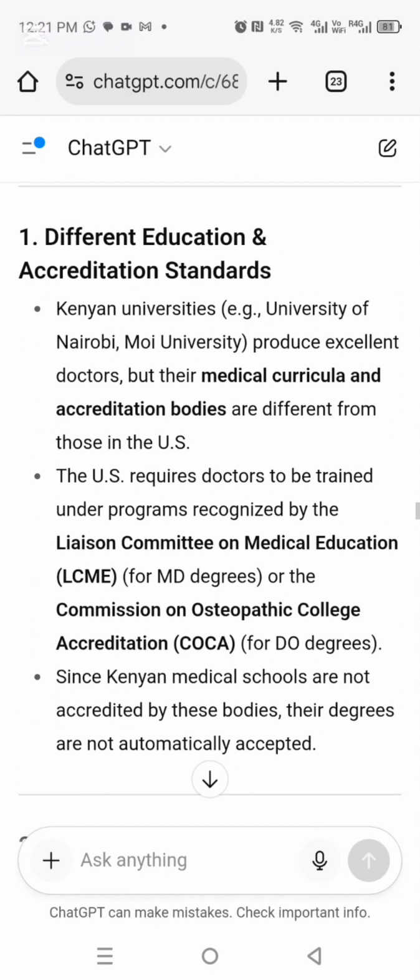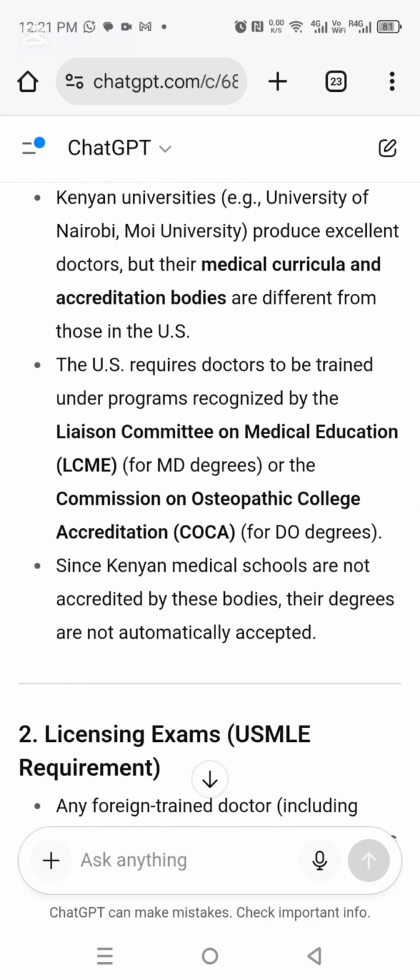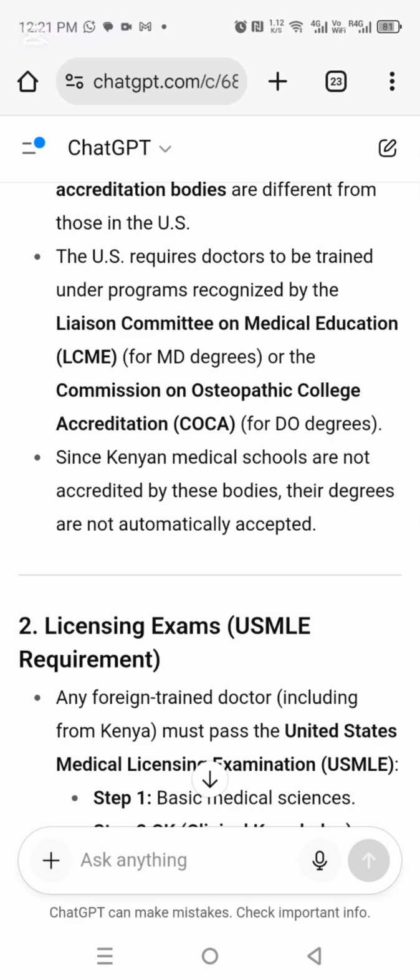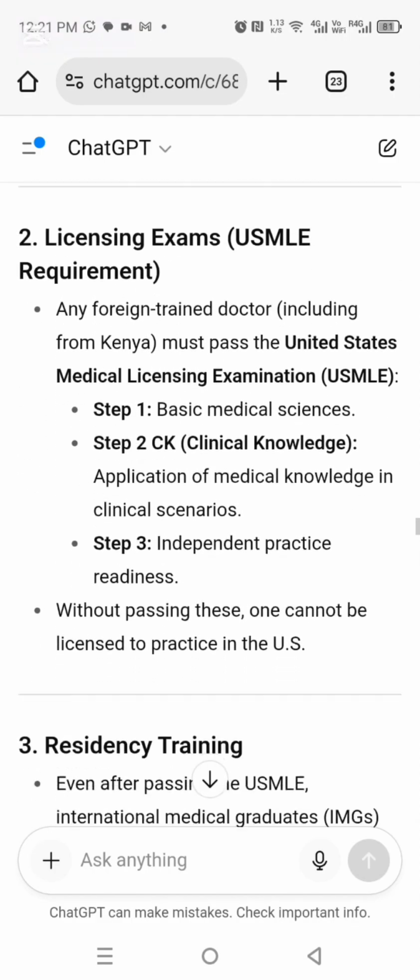So there's different education and accreditation standards. Kenya universities produce excellent doctors, but their medical curricula and accreditation bodies are different from those in the US. So the US requires doctors to be trained under programs recognized by the Liaison Committee on Medical Education or the Commission on Osteopathic College Accreditation, COCA, for DO degrees. Since Kenya medical schools are not accredited by these bodies, the degrees are not automatically accepted,